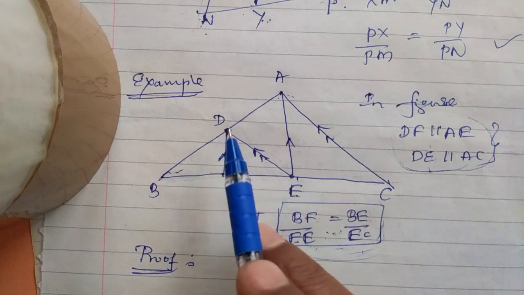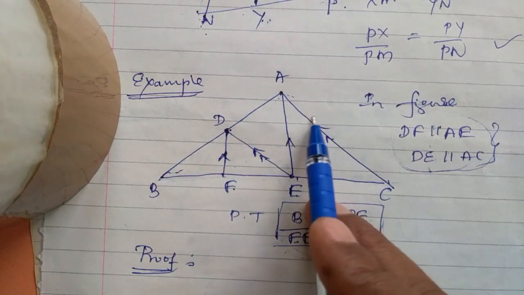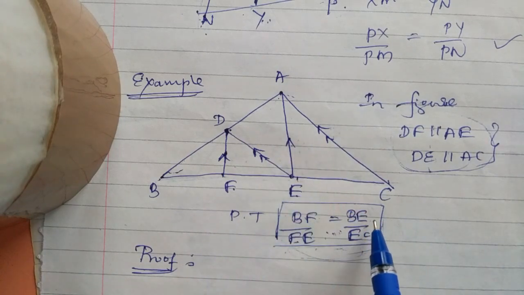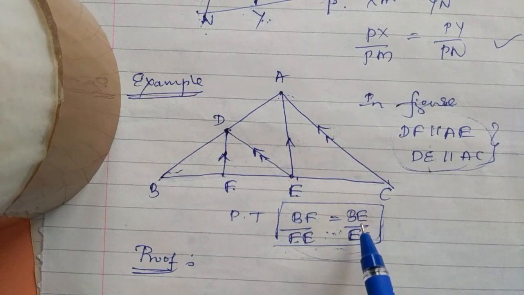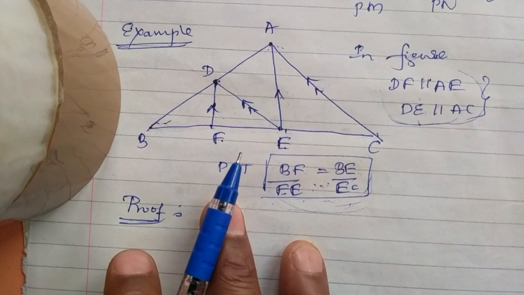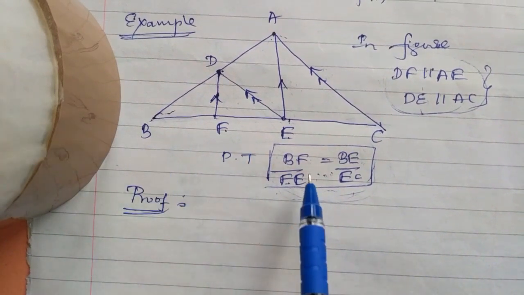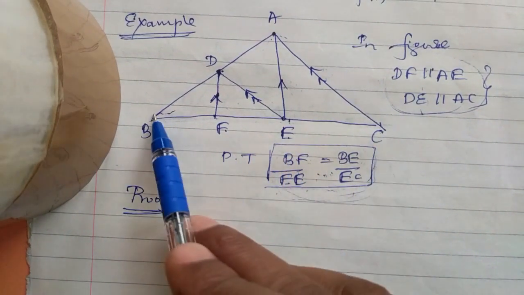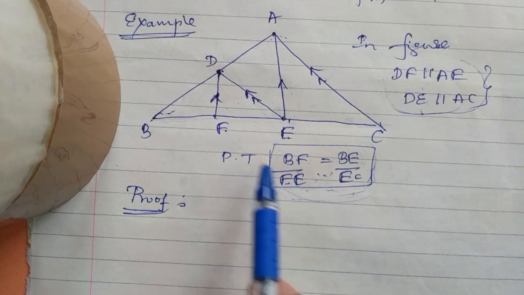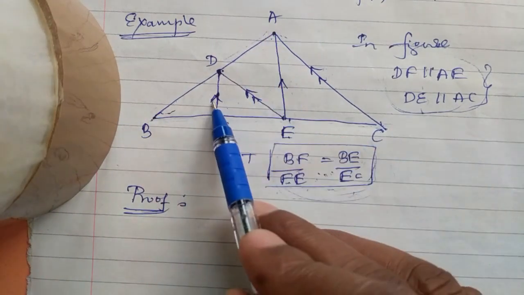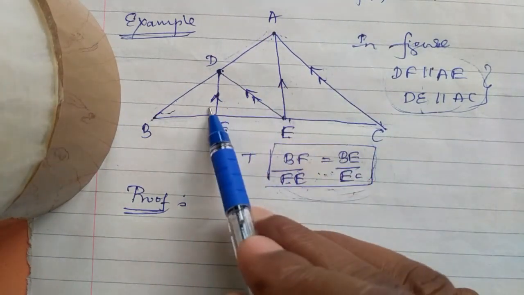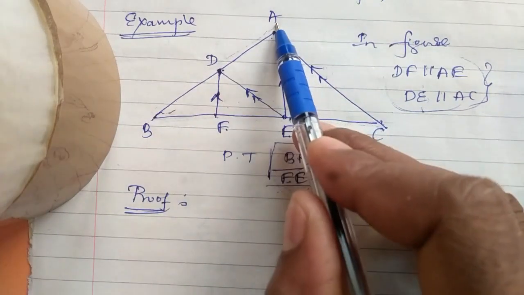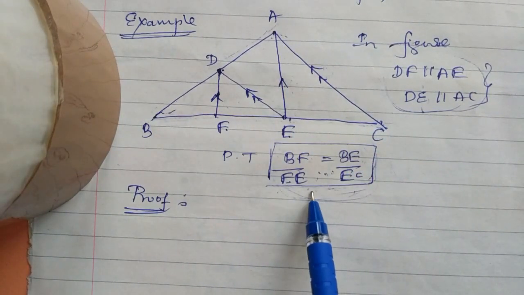Parallel line lengths also DF, DE, AE and AC. These four lines are also added somewhere here in the proof. We cannot use BPT on them. So let us use BPT here, because in what we have to prove, only divided side segments are there. Look at these two sides, they are divided. These four lines are not divided. Only these two sides are divided. Therefore, we need to use BPT.